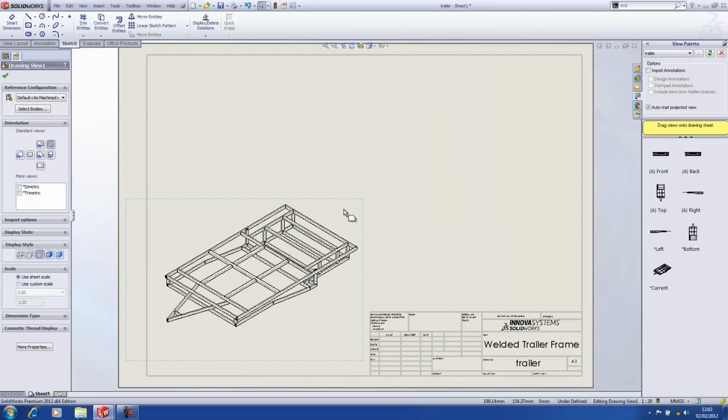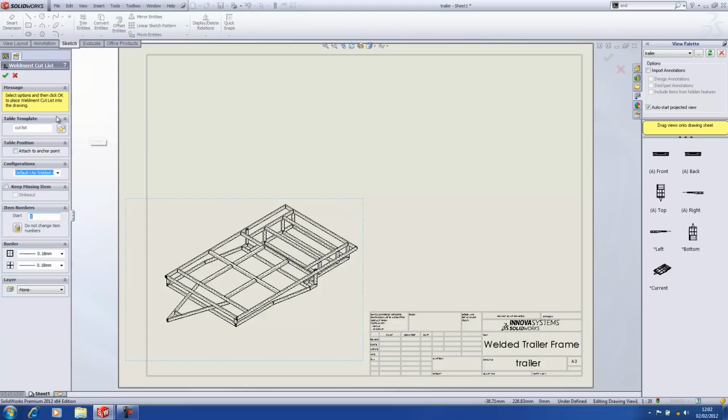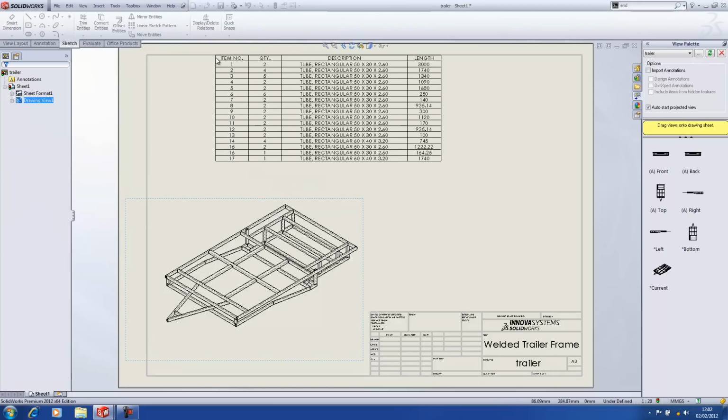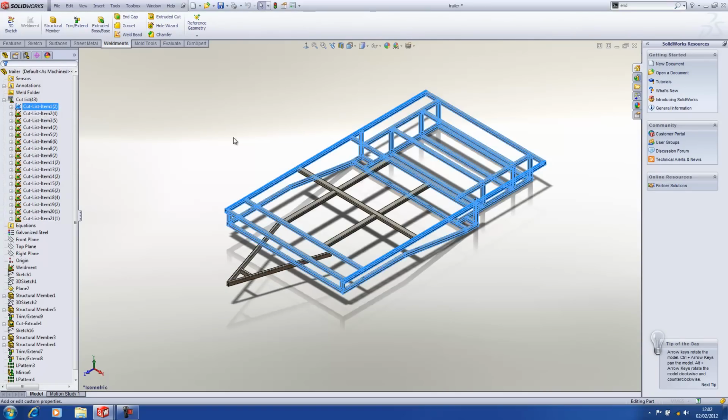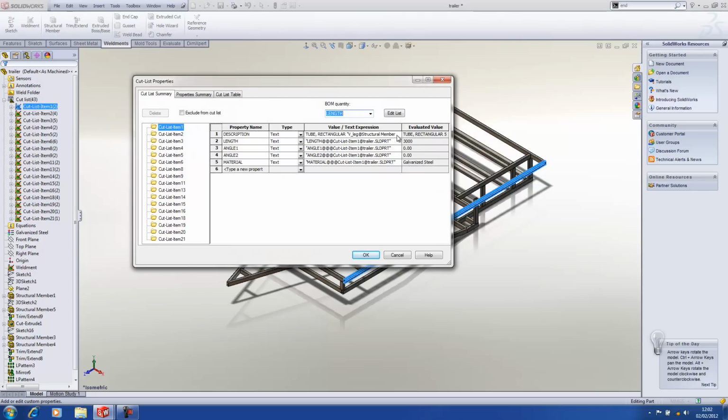Now, one of the benefits in SolidWorks when you're doing a welded framework like this is that you can automatically generate a cut list for it. The cut list basically analyzes the structural members that have been used, groups identical ones together so you can work out a quantity, and it will tell you the exact length that you need to cut it by. All this is done at part level, so if I go back to the part and access the cut list properties folder, there it's telling me the description of the tube that's used, the length of it. If it's mitered, it will give you the angle of mitre, and it will also tell you what material is